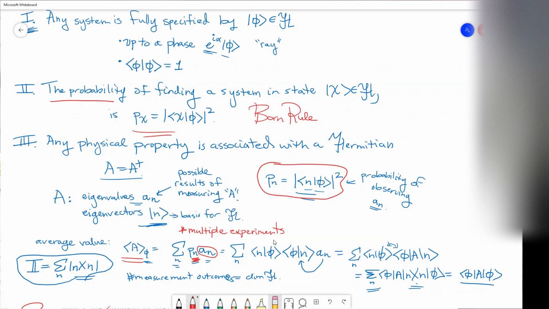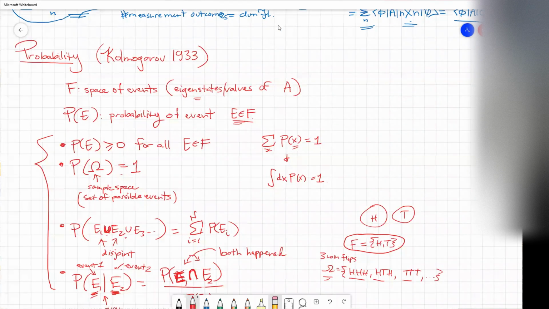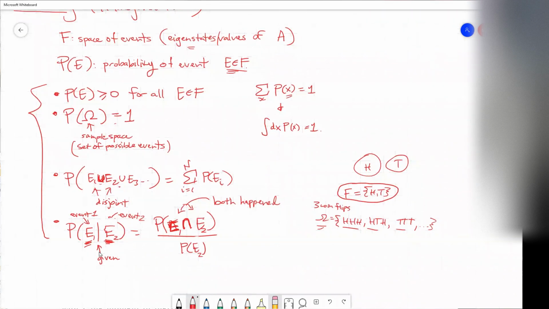More questions? Yeah, the probability that you wrote at the end, can you go back to that part? Sure. Yeah, this one? Yeah, the last one. This is special. This is technically outside of the axioms that Kolmogorov put down. This is something that lets you talk about events that can happen at the same time, or measurements that you can perform on a single system. This is like the probability of measuring a position given that you measured something else.